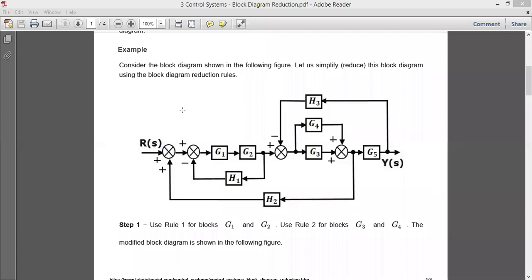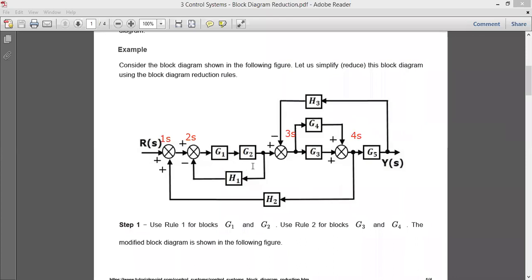So let us give the numbers here. This is one summing point. I will write here, 1S. This is my second summing point, so that it will be more clear. Then I have one more summing point here. I will write it as 3S. Then I have the last summing point called 4S. So this is 4 summing points.